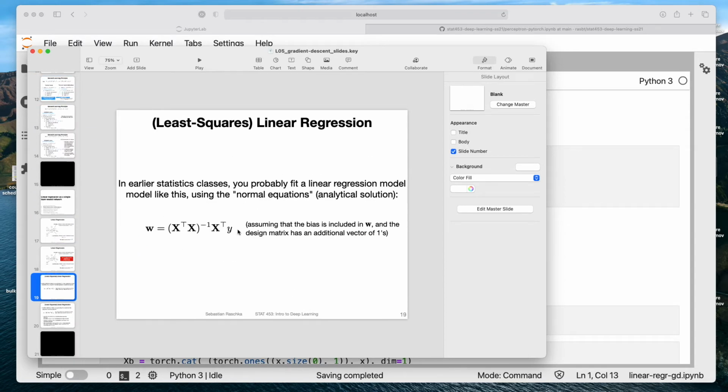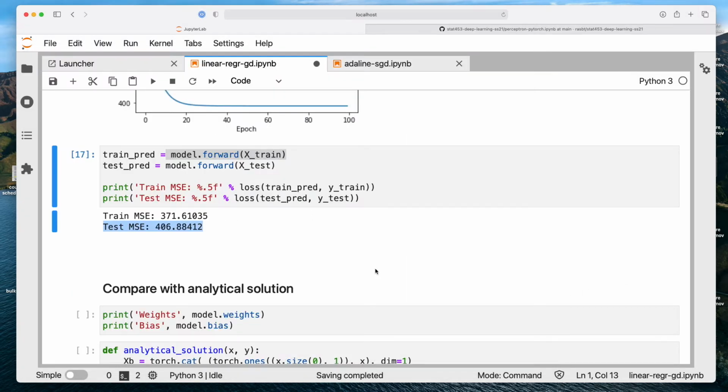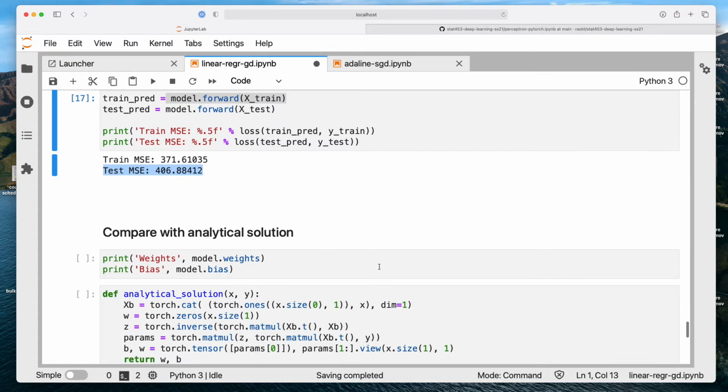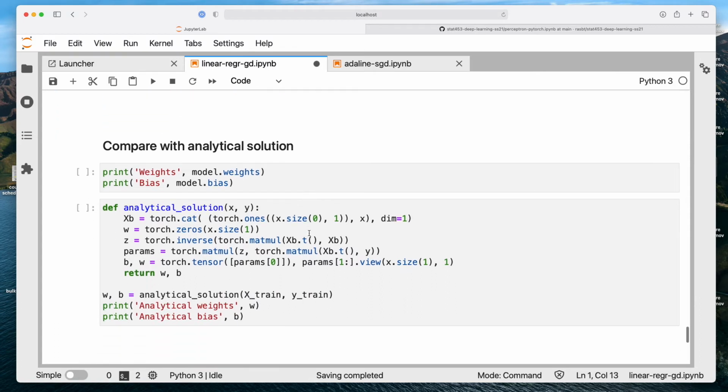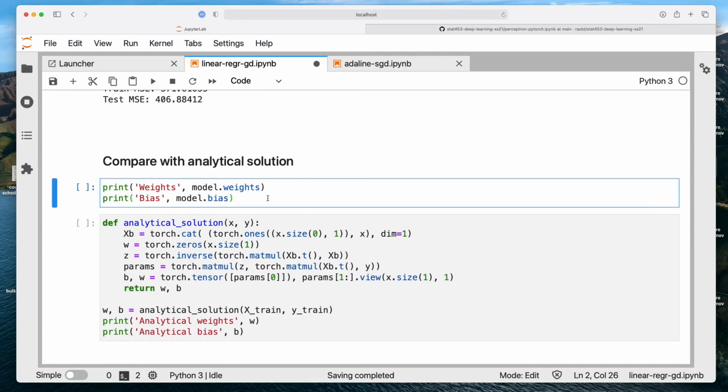So we have this analytical solution where we get the optimal weights using the matrix inverse times X transpose y. This is the analytical solution. So let's compare our gradient descent solution with the analytical solution to see whether they match. Ideally they should be very close.